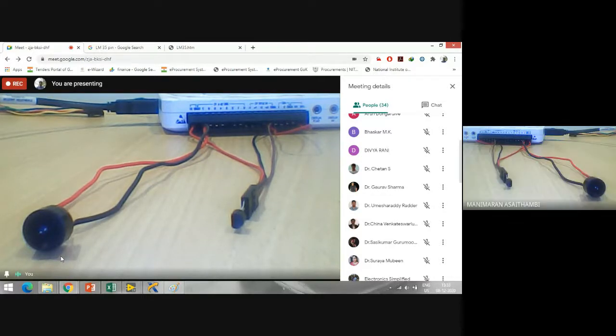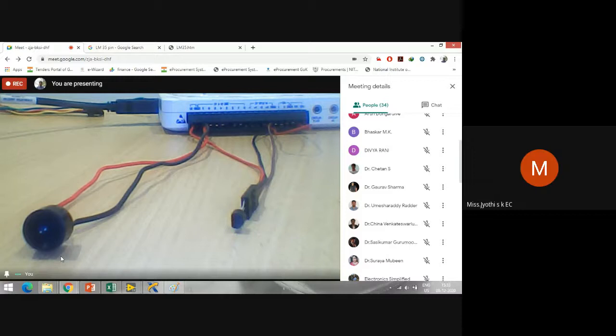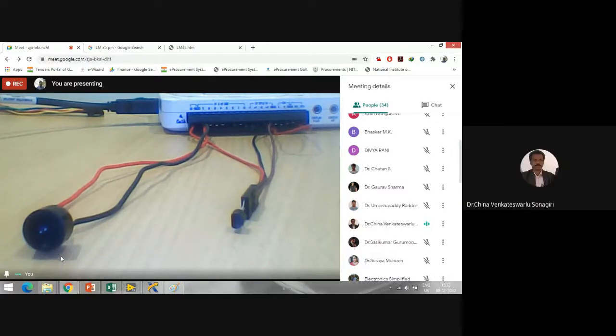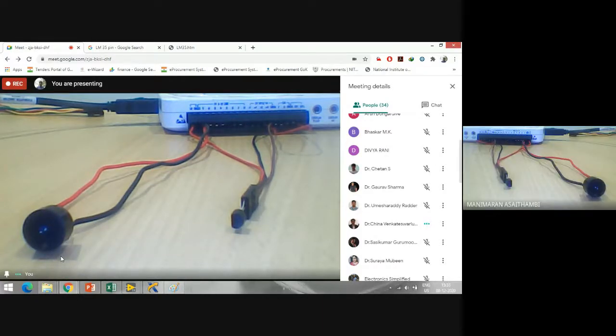Do you feel this hardware would be useful for your students or regular lab work? Yeah, it is very useful, sir. Thank you, sir. For PG students and PhD scholars, it's very, very useful. Sure.